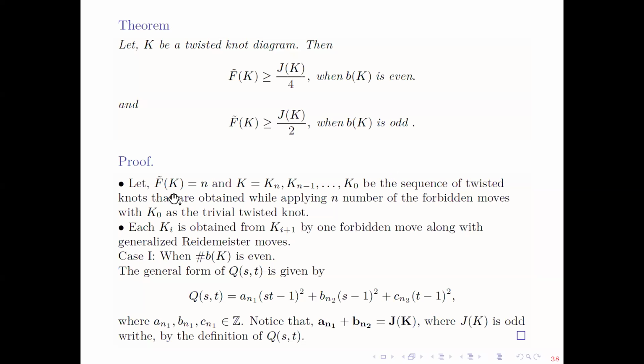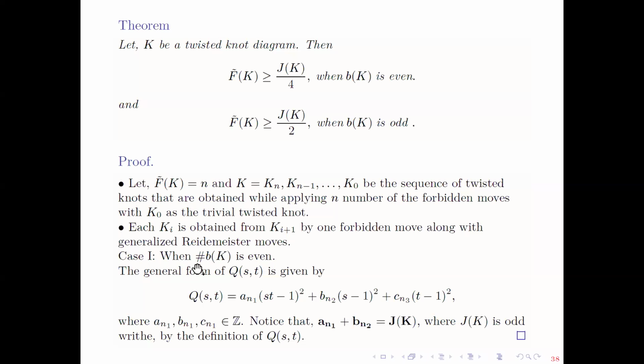Let's say the forbidden number is n, and starting from K, let's say K is Kn, you have this sequence of knots Kn, Kn minus 1, down to K0. So each Ki to Ki minus 1 is one forbidden move. Applying one forbidden move, we are getting from Ki to Ki minus 1. And the last K0 is your trivial twisted diagram. Okay. Next, what we did was,